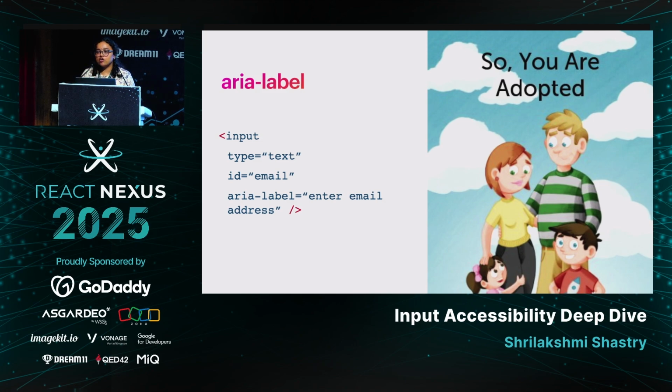Then, when to use labeling attributes? We use the labeling attributes to provide more context. For example, in the small case website footer, we have links that take the user to a different page altogether. To give the context to the assistive technology user that the link is opening in a different tab, we have used ARIA label and given the content as opens in a new tab, menu. Like if it's account, we say opens in a new tab, account.